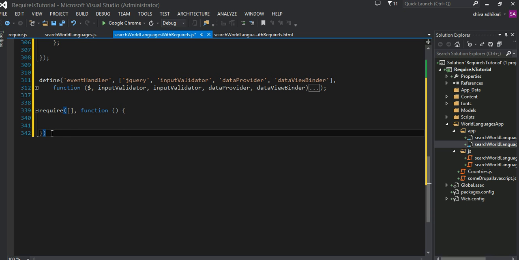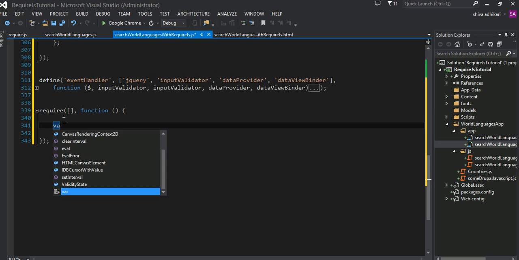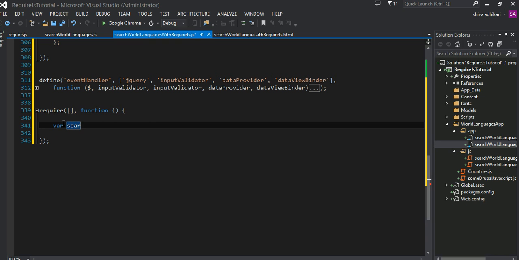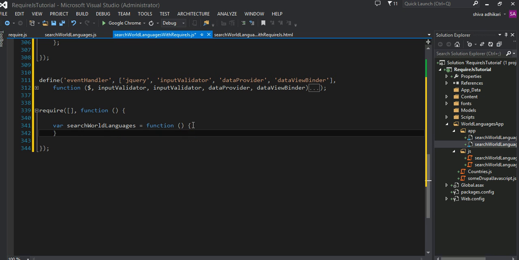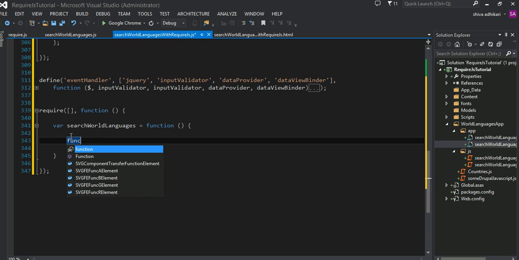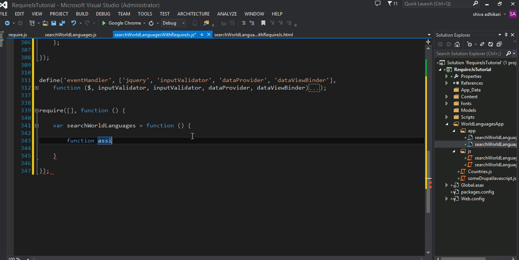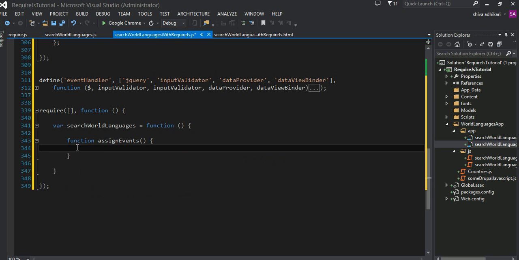So once that is defined, let's go ahead and define a search world languages or something like that as anonymous function. And inside this anonymous function, I will have a little method function. I would say assign events. That's the method here called assign events. What this method does is basically